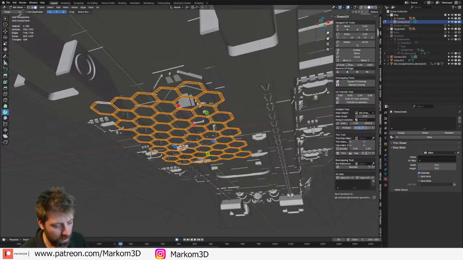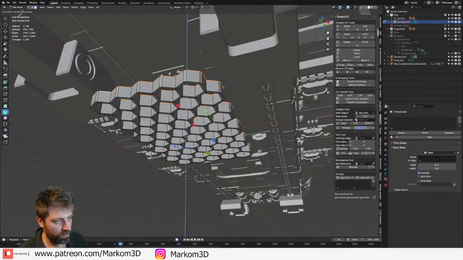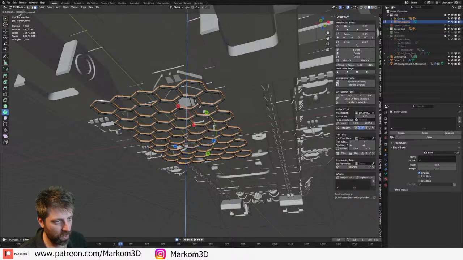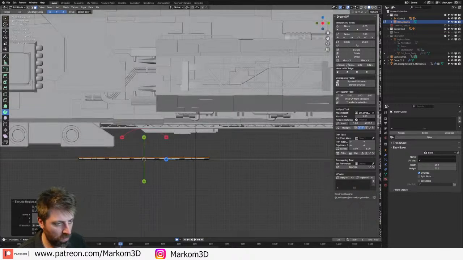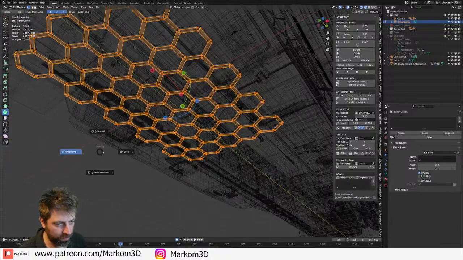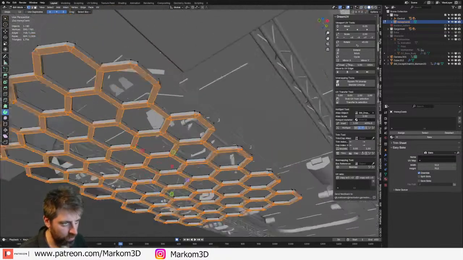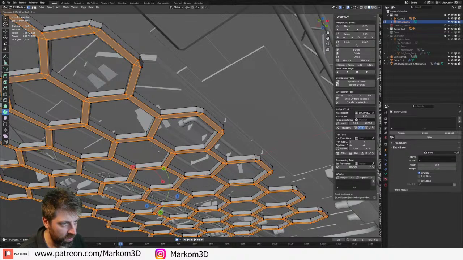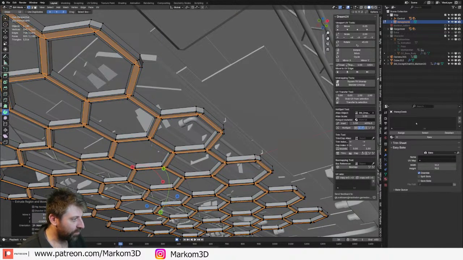Let's do an E to extrude. Yes. And then from here, I'm going to grab all this. Let's do an I to do an inset. E to extrude.